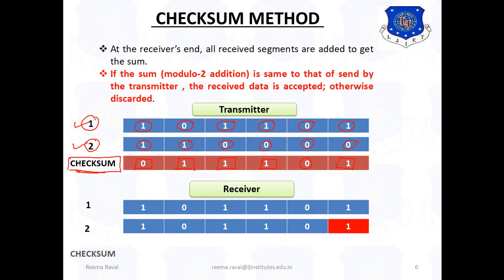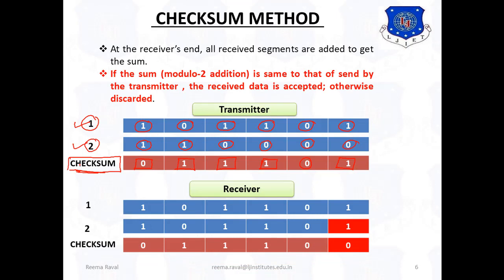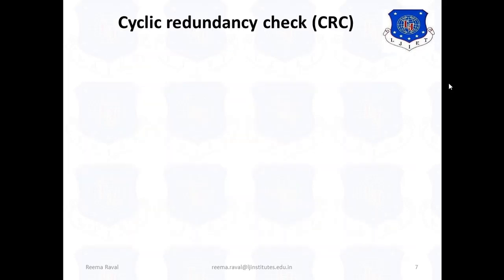So now the checksum produced will not be the same as that transmitted by the transmitter. As you can see, the checksum of the transmitter has the value 0 1 1 1 0 1, and here it is 0 1 1 1 0, and the last bit is 1. So here the data is changed. The receiver will understand that there is an error in the received bit. As you can see, the second data is changed, so the checksum produced is wrong. This indicates the error.